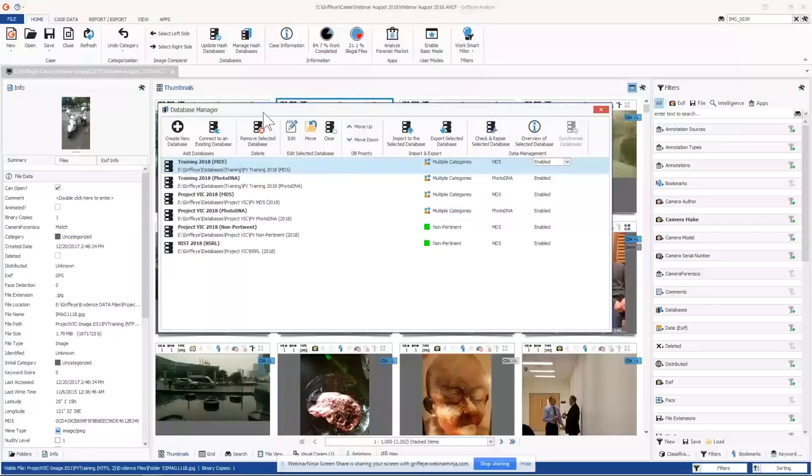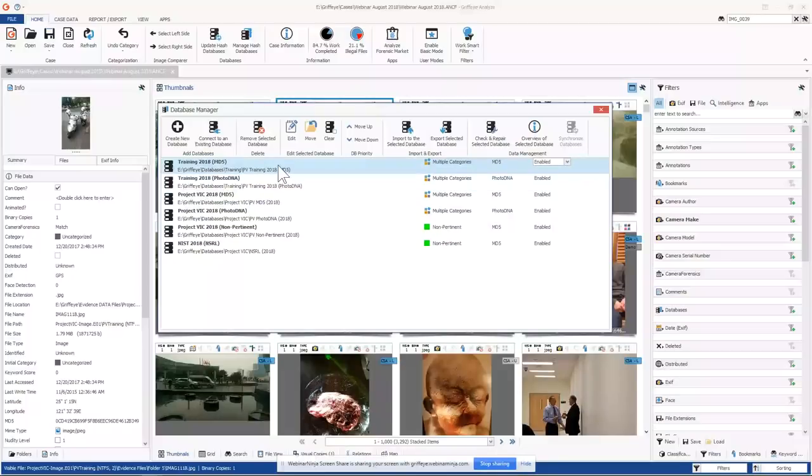So we're going to load these databases with known files that people have seen before and have identified as either child sex abuse, non-pertinent, or other types of files. So when you set up this software, make sure that you have your databases populated. In the USA, we use Project Vic, but wherever your data comes from, make sure you have these databases. As you bring a case in, Griffeye is going to check each and every file against the database to see if it's been seen before.